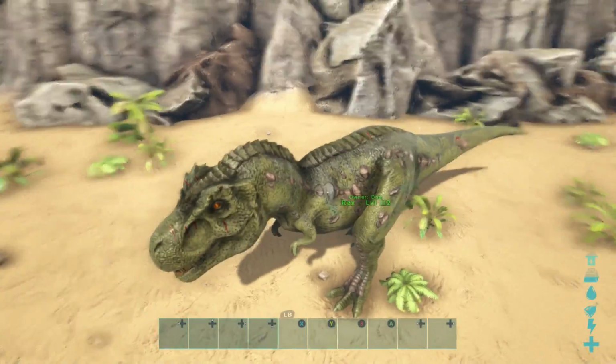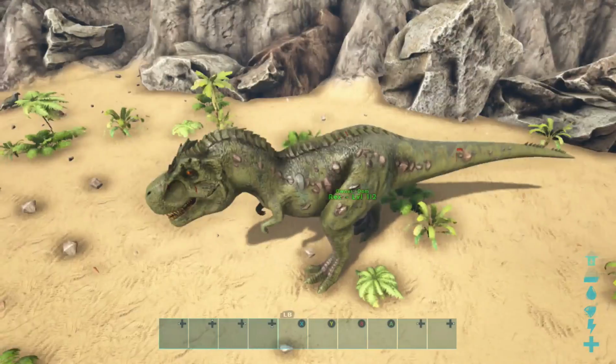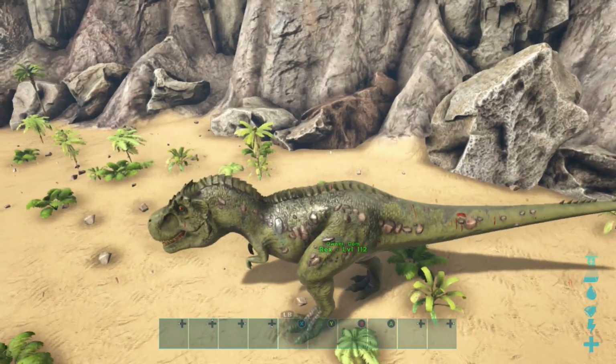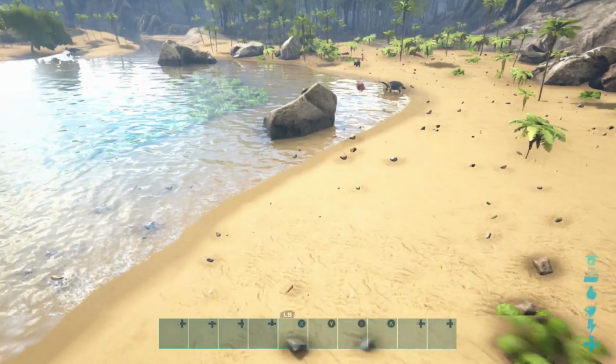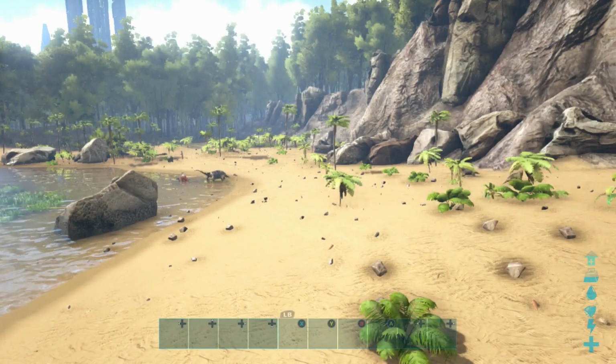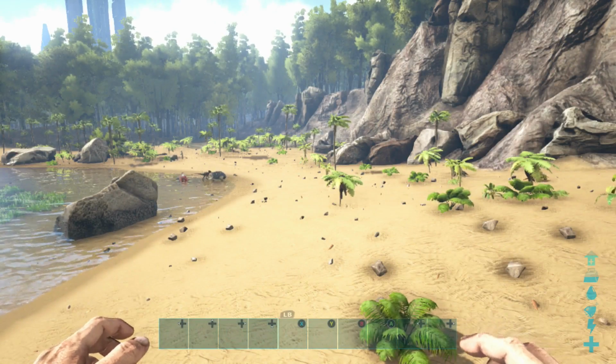But we do have our T-Rex here. And if you're wondering why my T-Rex is a little bit scratched, I think it's because I had a little war on it recently with some other dinosaurs. I think it was like 5 Brontos that were next to each other. But anyway...